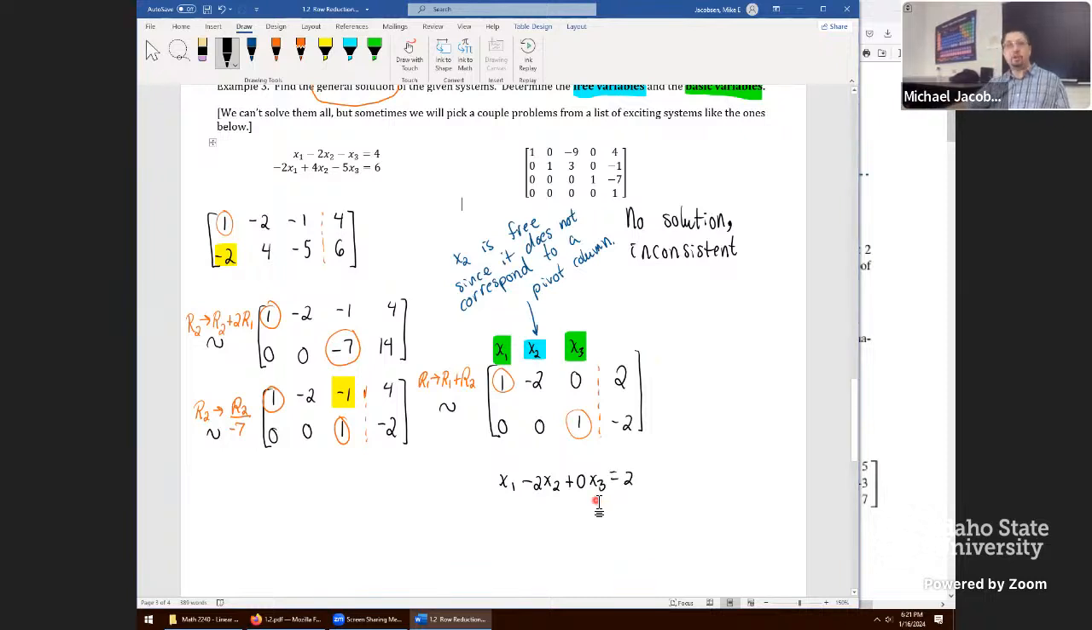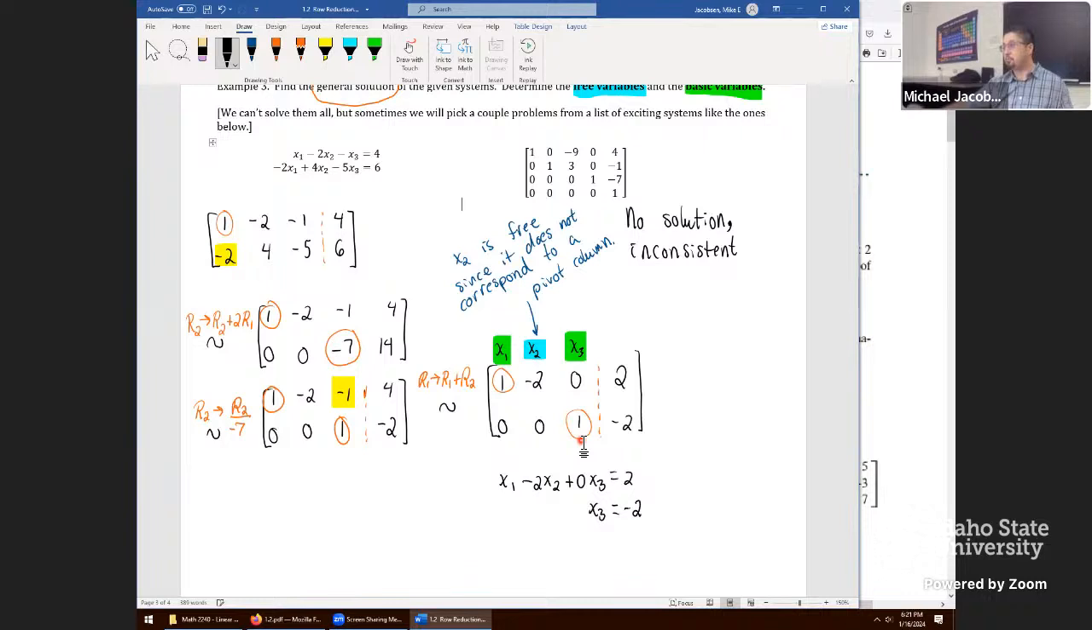I wouldn't put in 0x3 very often. Probably this would be the last time I would do that. But just as a reminder of where we got it from, the fact that there was a 0 here. Then row 2 would say, well, 0x1, we can eliminate that. Well, 0x2, that's gone. Plus x3, so let's just put in x3,